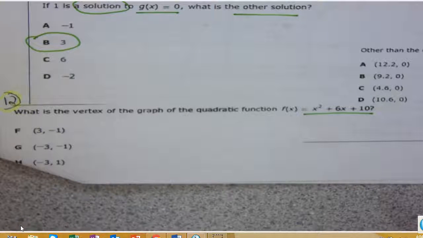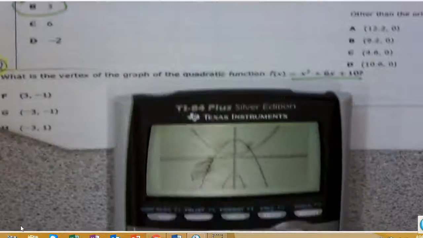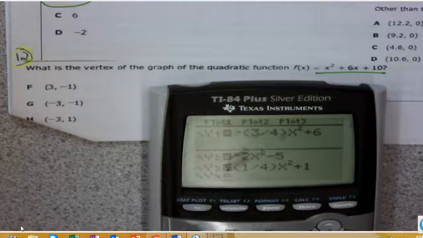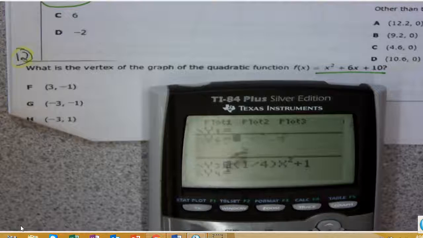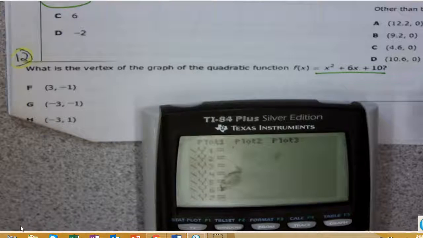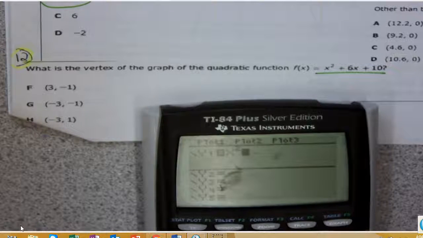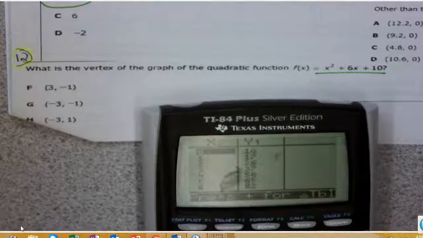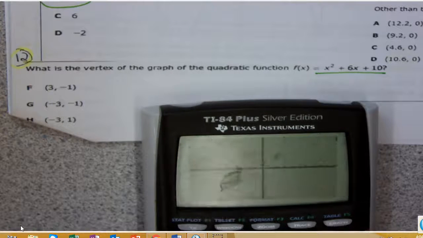There are lots of different ways to determine this answer. The easiest, quickest, most correct way to get the answer is basically you just plug it in your calculator. So I'm going to clear all these. I'm going to throw in the equation just as it's written: x squared plus 6x plus 10, and go to my table. But that's all well and good, but if I don't know what I'm looking for, I won't know what to think of. So I may go to my graph and see